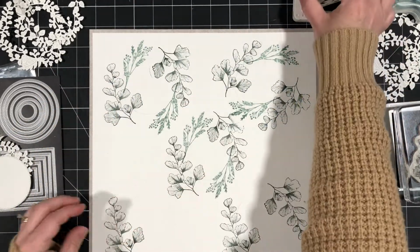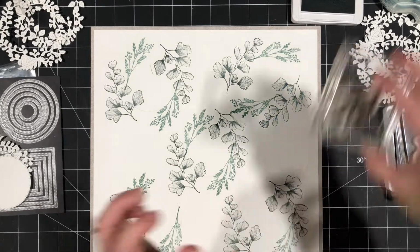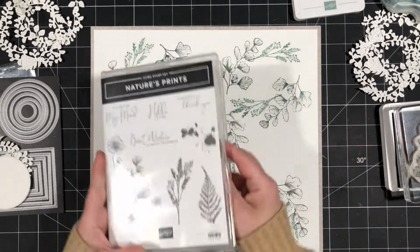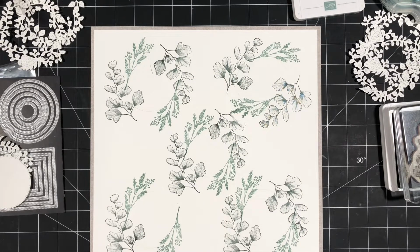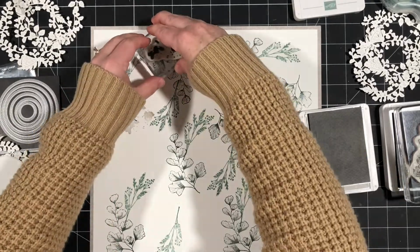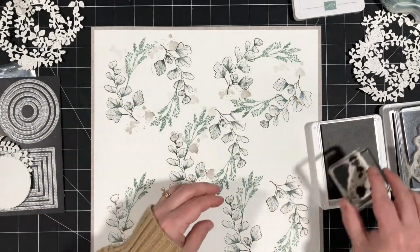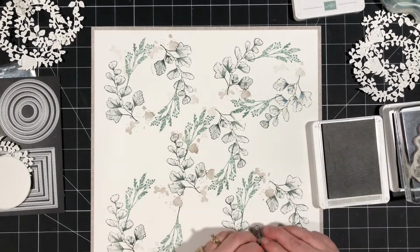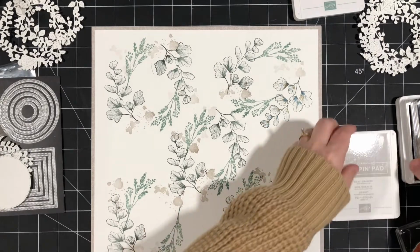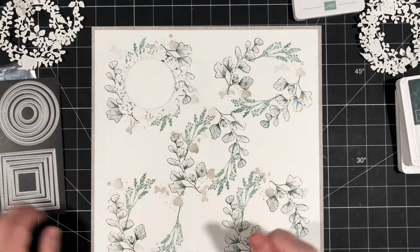And then to fill things in, I'm going to use that splatter image that is in that stamp set as well. And I'm going to stamp that with gray granite. So some of them will be first generation, some I won't re-ink, and I'm just kind of filling in some of the gaps, adding just a little bit of that gray granite since it's really only around the edges. Okay, and then I'm going to position